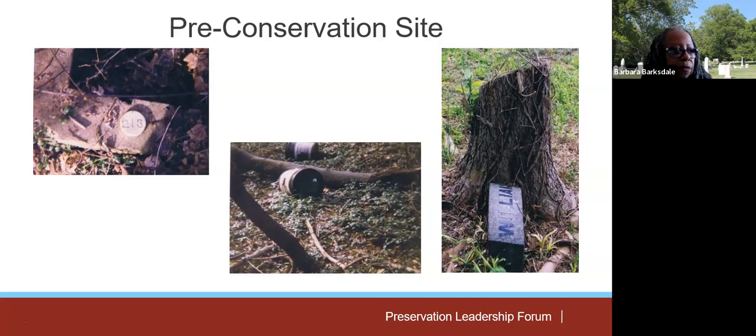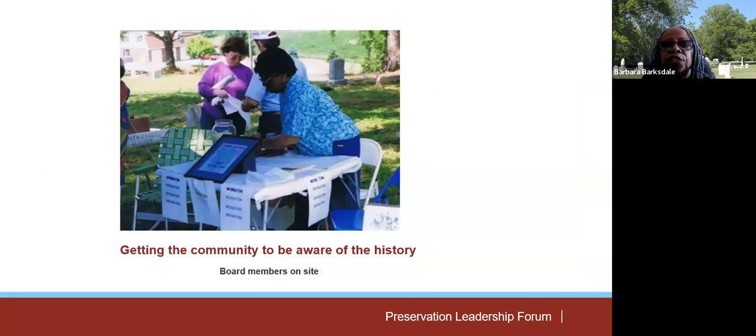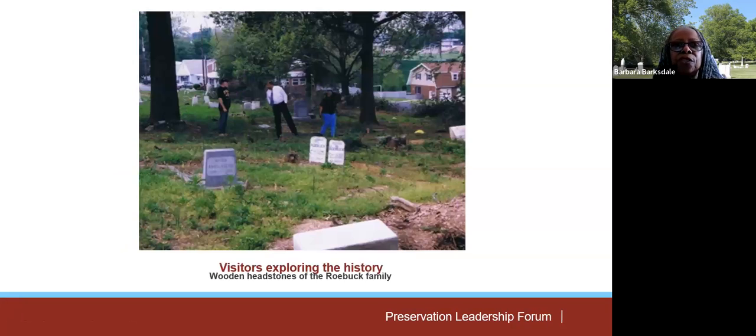So what you need to do is, next slide, please. You try to get your community involved. What can you do to get that community involved? You start getting out there and saying, we have a lot of wonderful history here. We have people who are buried there. Maybe they don't even have what you consider history, like in the history books, but there was somebody who had a life. We have to pull together and create an organization, the Friends of Midland, to make sure that we have the Pennsylvania Hallowed Grounds, and make sure that the individual caretakers are out there